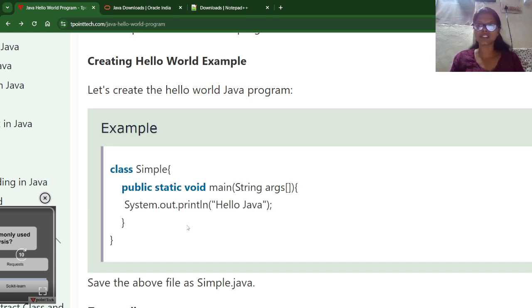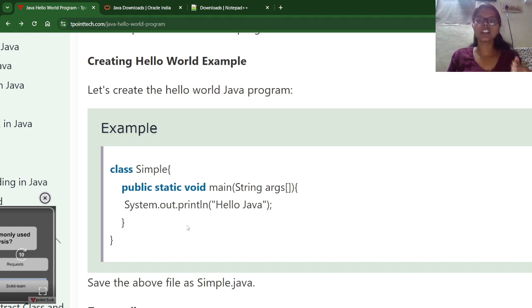Just go and search for JDK download based on your operating system. Click on the link, download it and extract the file, and go and check in CMD whether it is installed properly or not, just by using the command javac. If it displays all the libraries, that indicates that your JDK is installed in your system successfully. Or else, if it displays "not recognized as an internal or external command," that means it is not installed properly, or it is located in some other location.